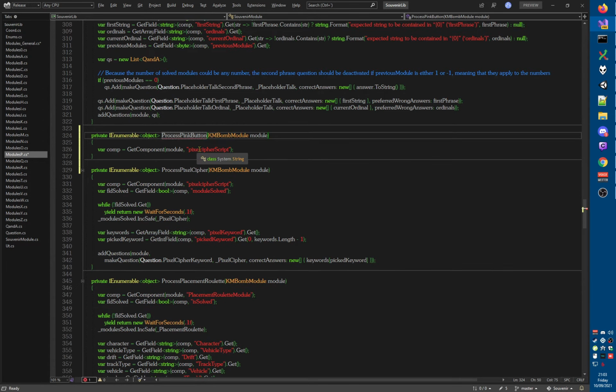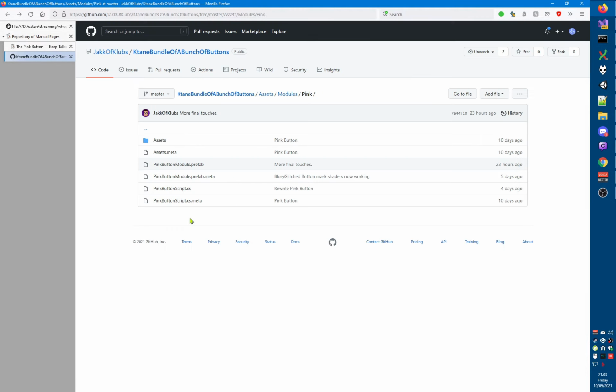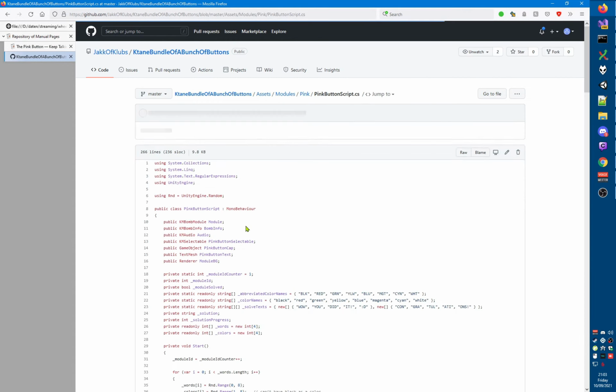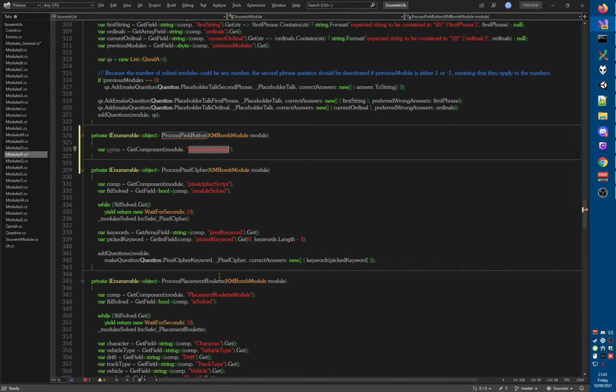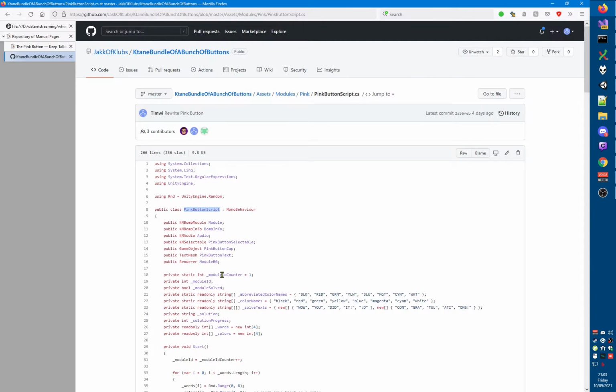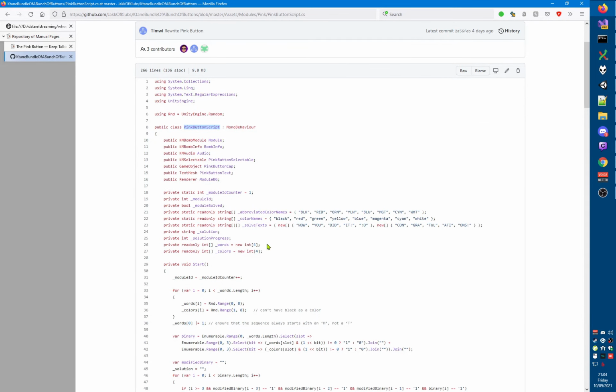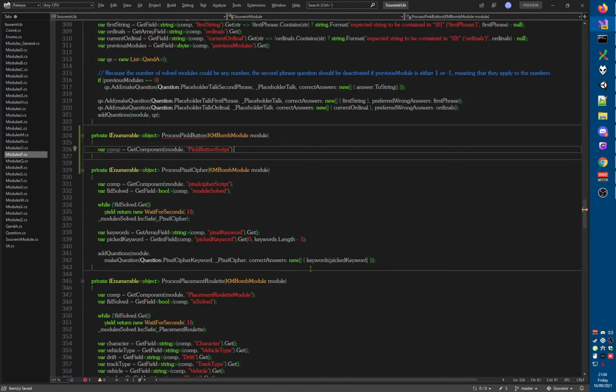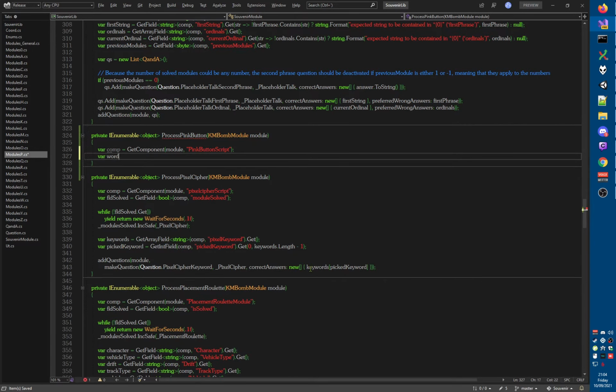Call this pink button script, that is the name of the class. There we go. Okay, so the pink button has a list of words and a list of colors, which are all indexes into these. So I'm going to obtain all of these. So the words are